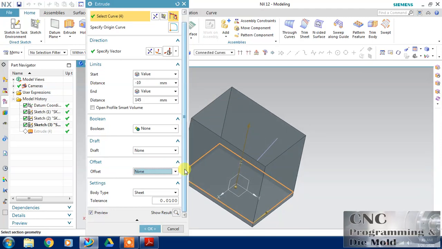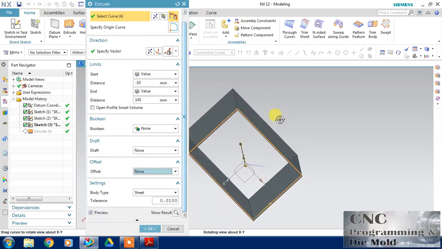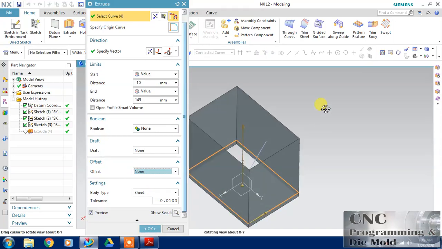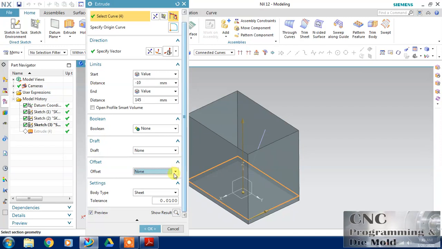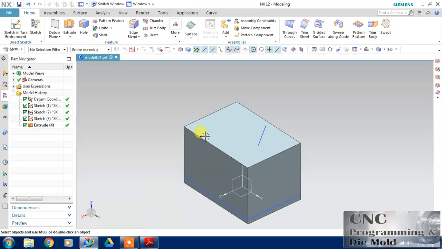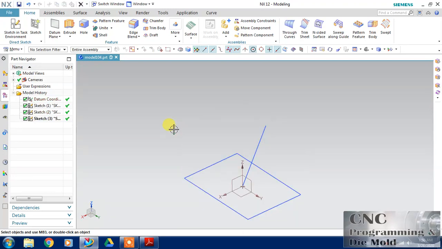If you want to extrude our sketch as a surface, you have to select this sheet option. Sheet will come with 0 thickness, and this time I select this as a solid and click OK.